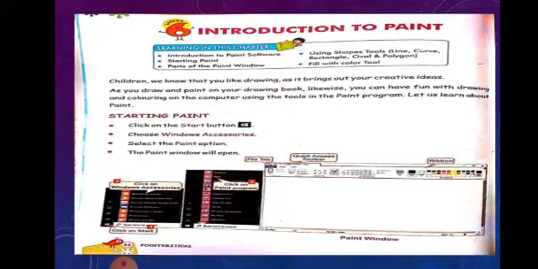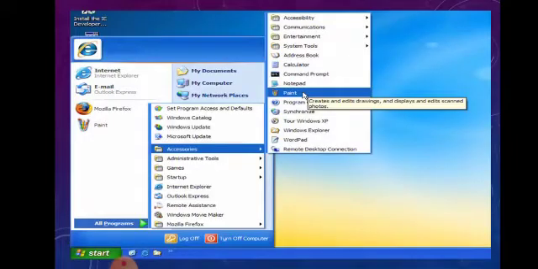Do you know, children, when you start Paint, what you will have to do? To start Paint, you will have to click on Start button. Then you all know the steps are written in the book. First of all, click on Start button, then go to Paint accessories, and then a drop down window will come. Then click on Paint and your Paint window screen will open.